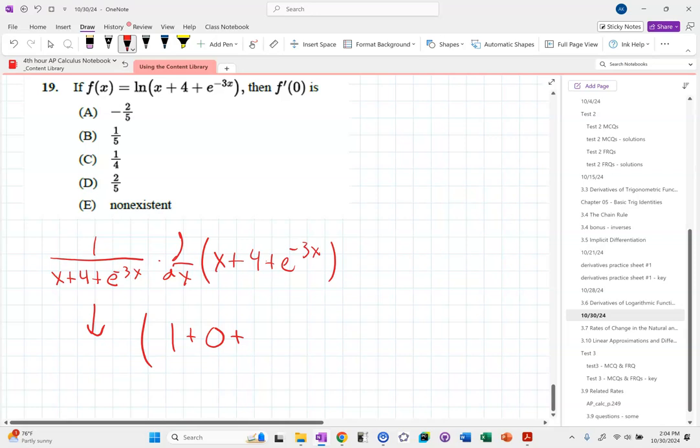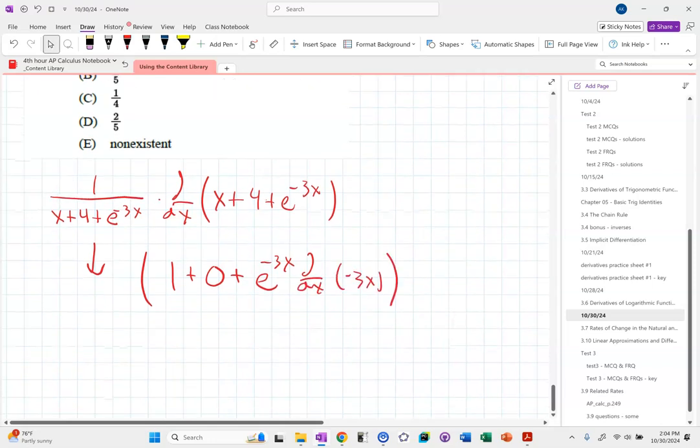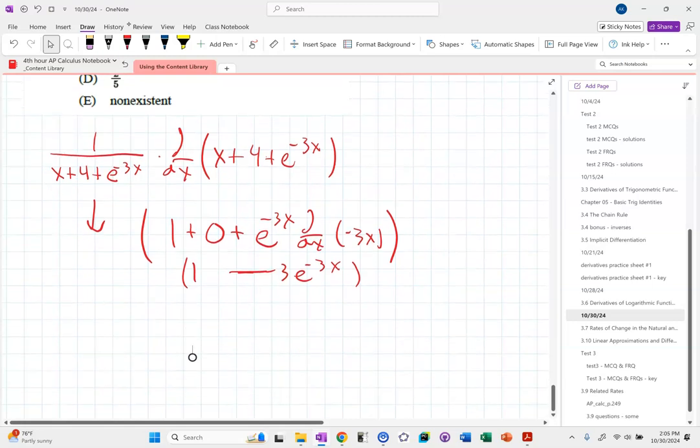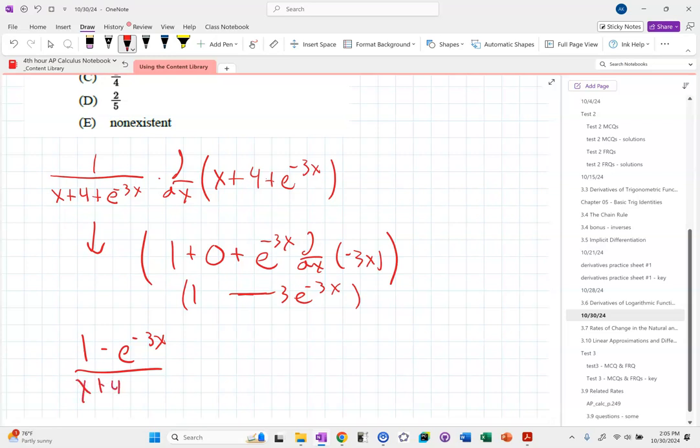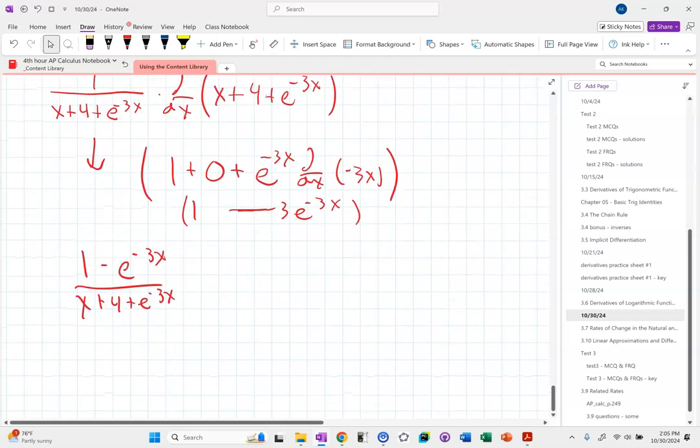The derivative of e to the negative 3x is another chain rule, where the outside is e to the x and the inside is negative 3x. So that's just going to be negative 3 e to the negative 3x. I guess I'll just write it as minus. That feel okay? So I have 1 minus e to the negative 3x over x plus 4 plus e to the negative 3x. But it actually wants f prime of 0. So when I plug 0 in,